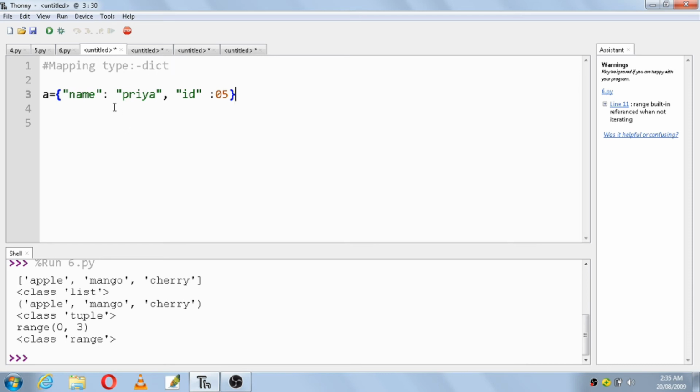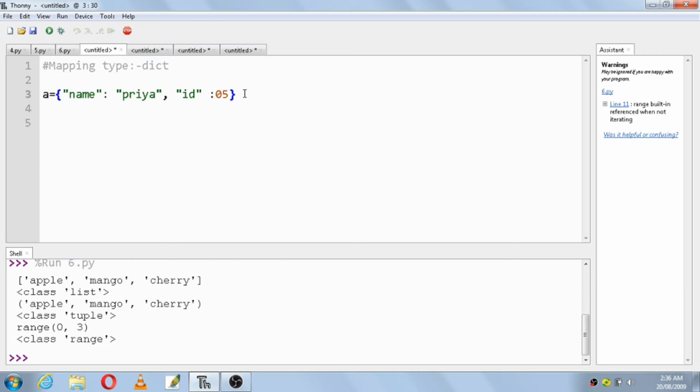So what is happening here is name colon value comma name colon value. Here Priya is mapped to the name and 05 is mapped to ID. This type of data put in flower brackets is known as dictionary type, dict type.